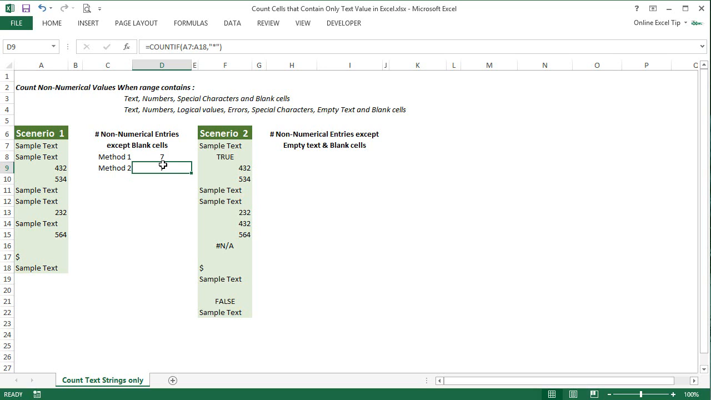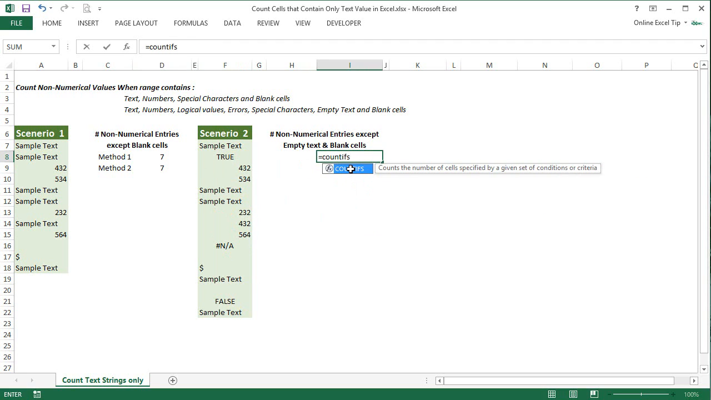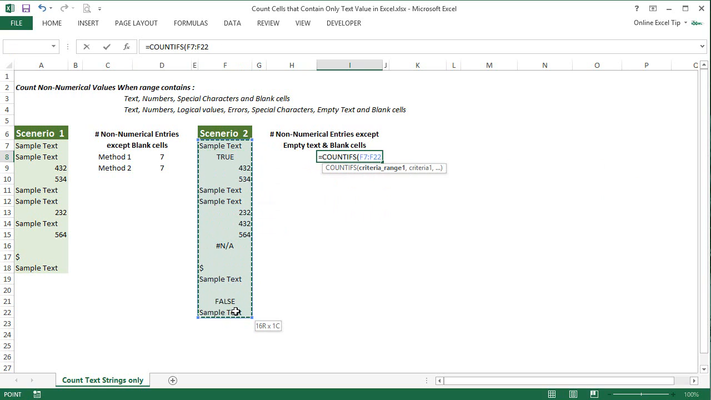In the next situation, we have logical values, errors and empty text along with the text, numbers, special characters and blank cells. And we need to return the count of cells that do not have empty text, numbers and blank cells. So let's go to cell I8 and enter COUNTIFS function and select the criteria range 1 as F7 to F22, and in criteria 1 argument enter not equal to logical operator followed by a space in double quotes,